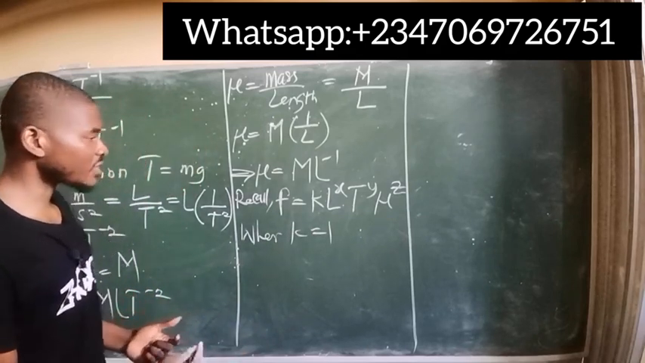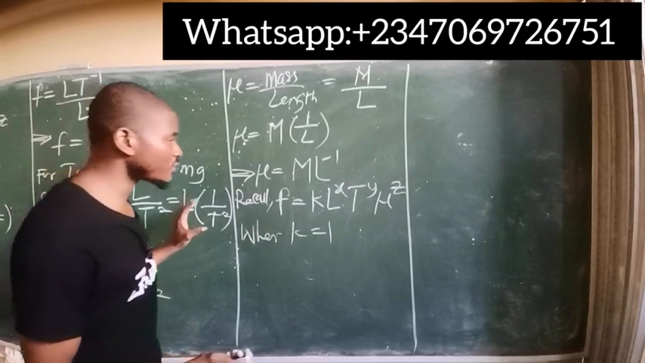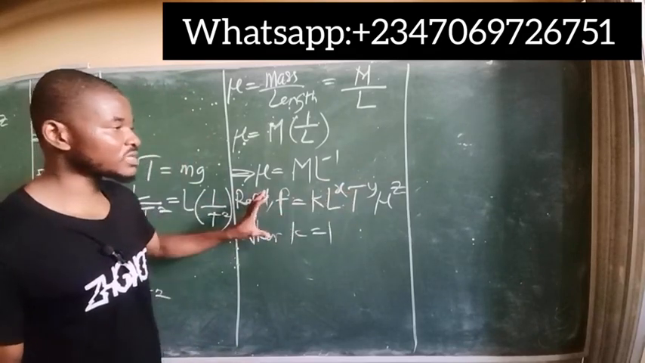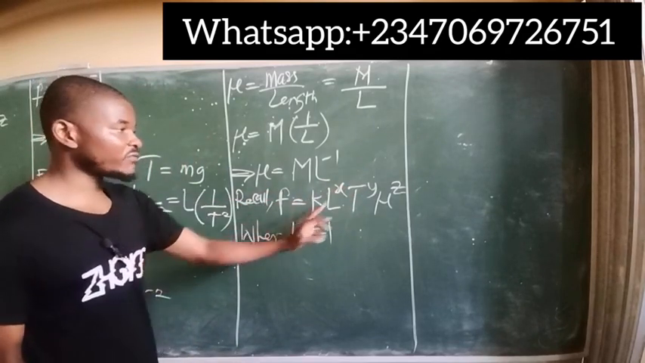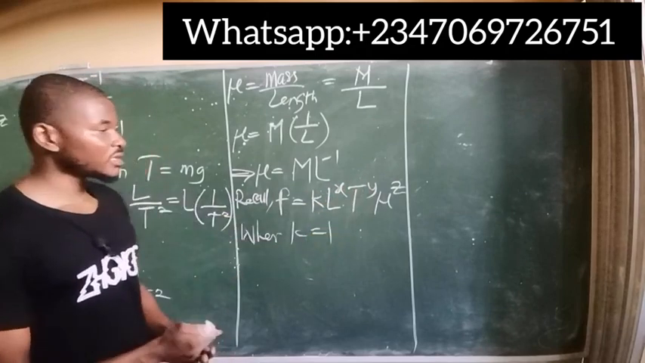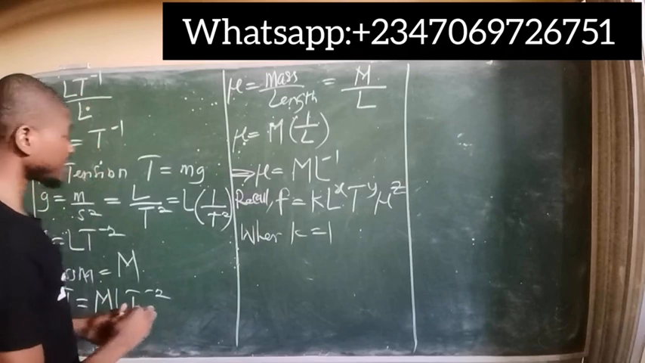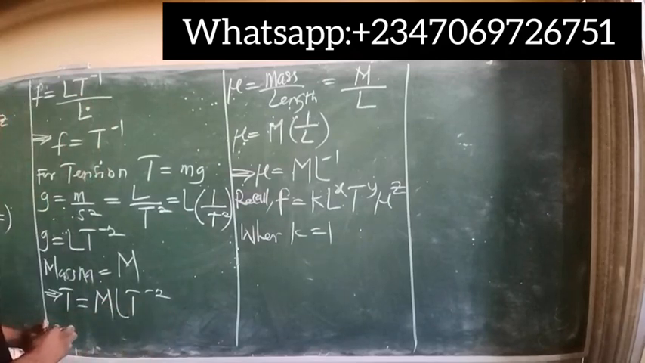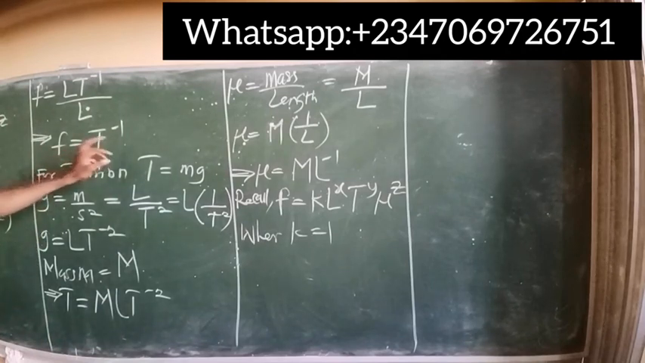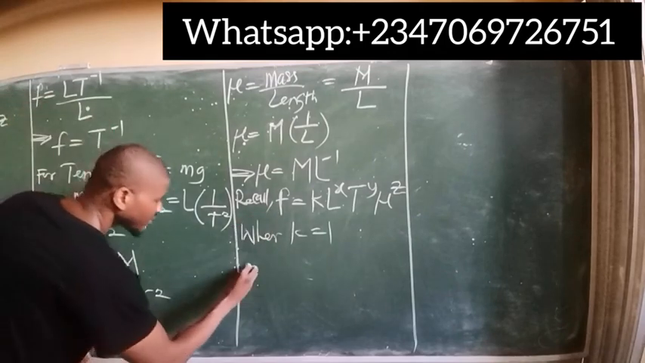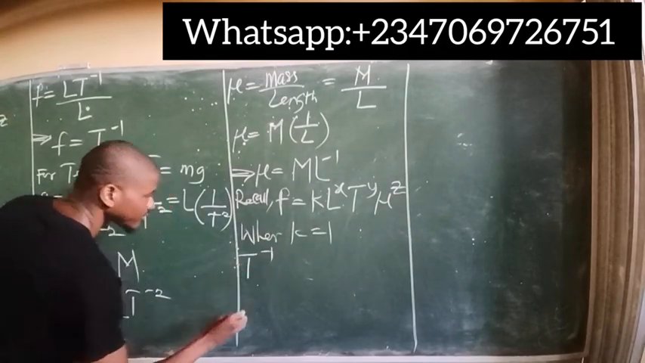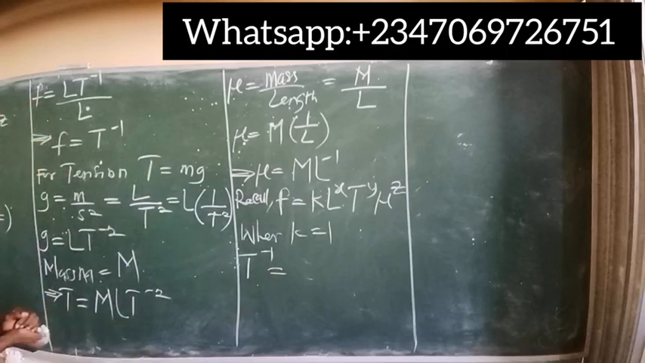So if you have this now, we can plug back the dimension of all the physical variables we've obtained into this equation and then find the values of the unknown powers. If we do that, in place of f, we obtained t to the power of minus 1. So in place of f, we simply have t to the power of minus 1, and this is equal to,